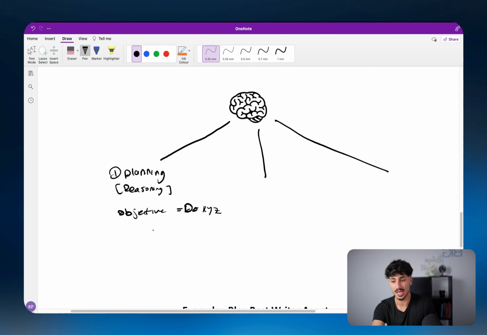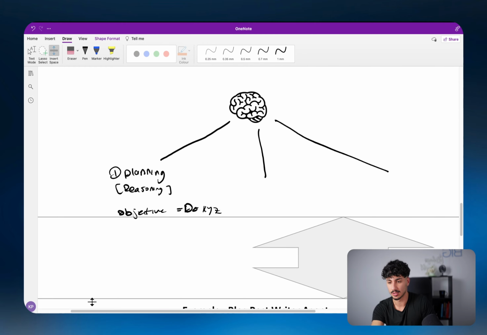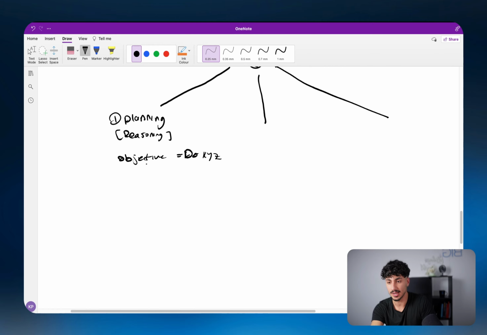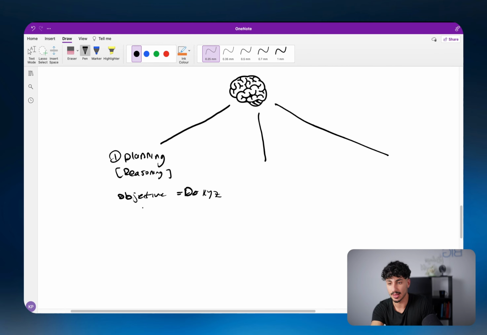The planning capabilities of the agent allow for the agent to break down this objective into smaller objectives or smaller steps. First, I got to achieve this. Then I got to achieve this. Then once I achieve this, I should achieve this. And then I should achieve this.